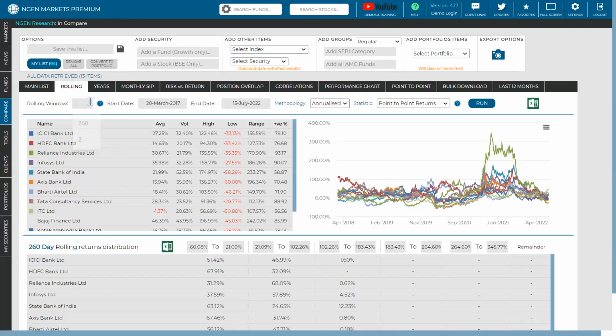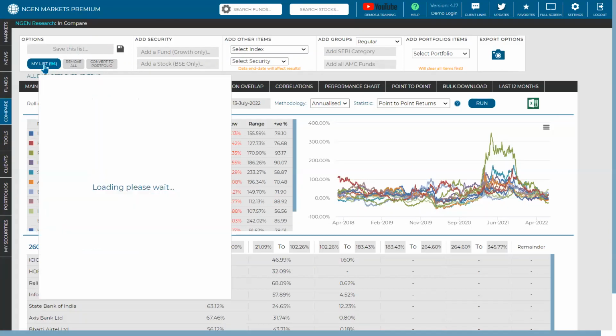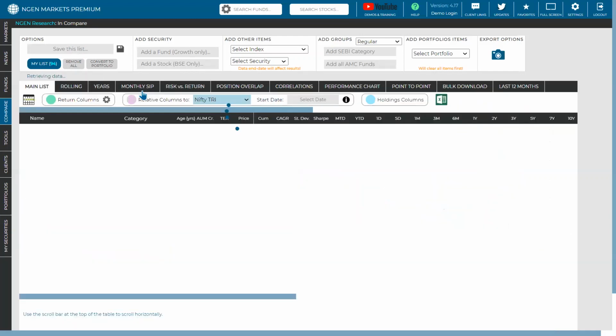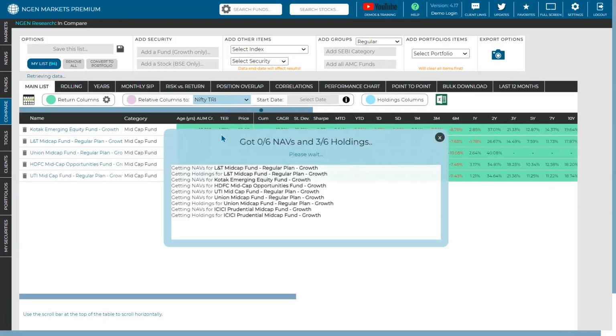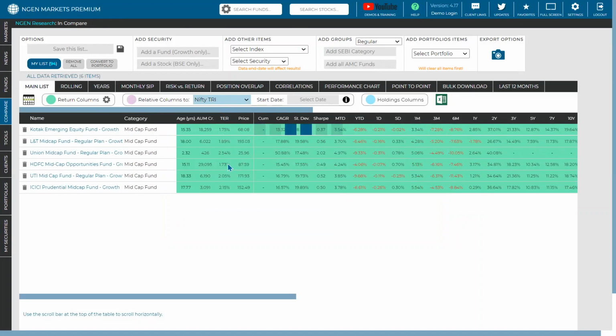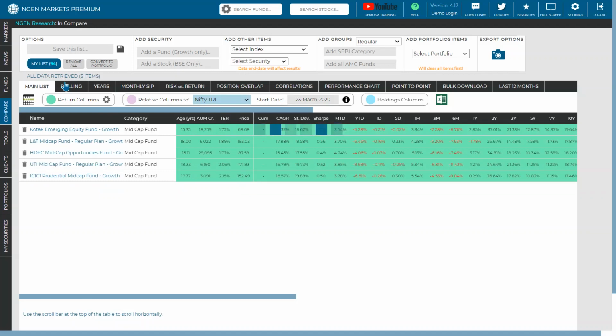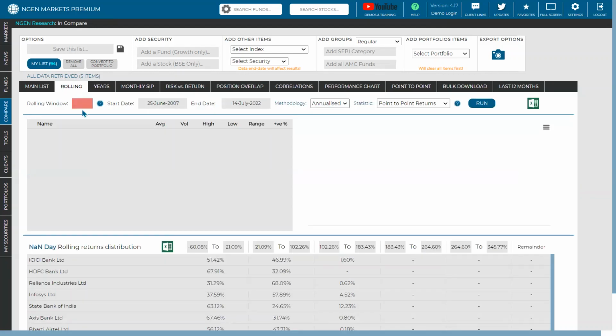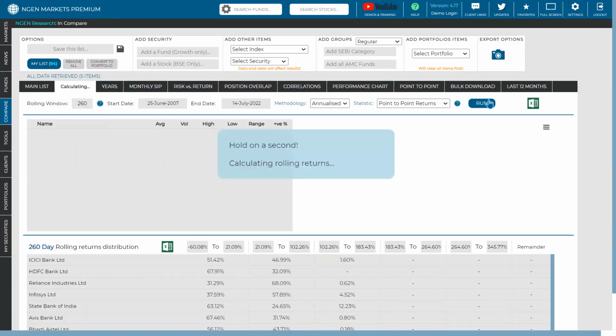In many cases, you would be able to find these funds. Let me just show you those funds. Let's say these are the mid cap funds we have added. Now if I want to know which funds are highly volatile, you cannot just look towards standard deviation. Rather, you can directly look towards rolling analysis and come up with a suggestion that some of the funds are highly volatile, because in rolling analysis you're simulating a daily investment for a 1 year period, right?